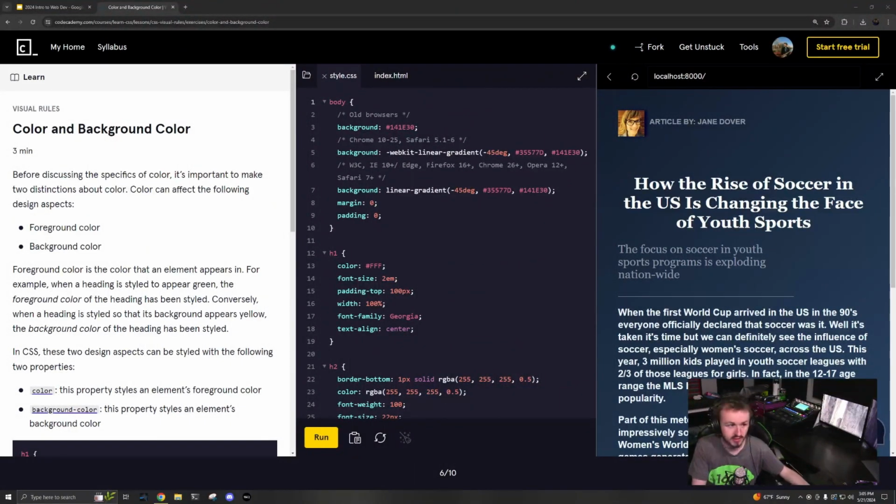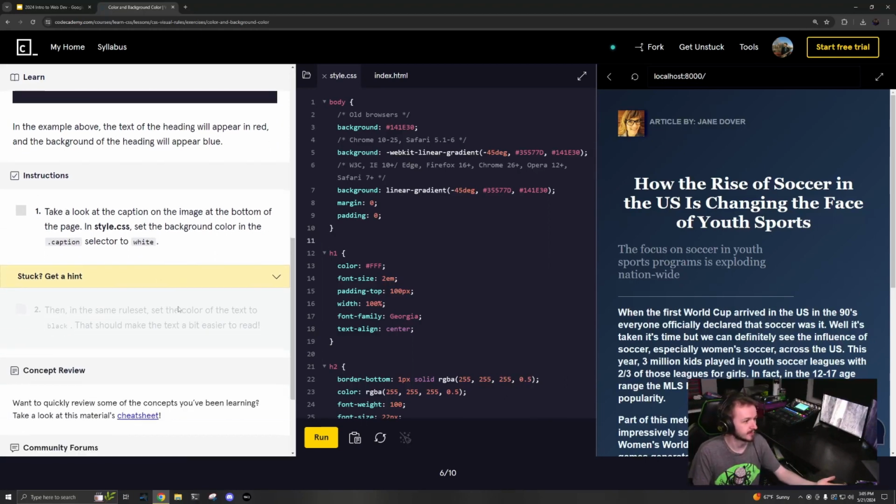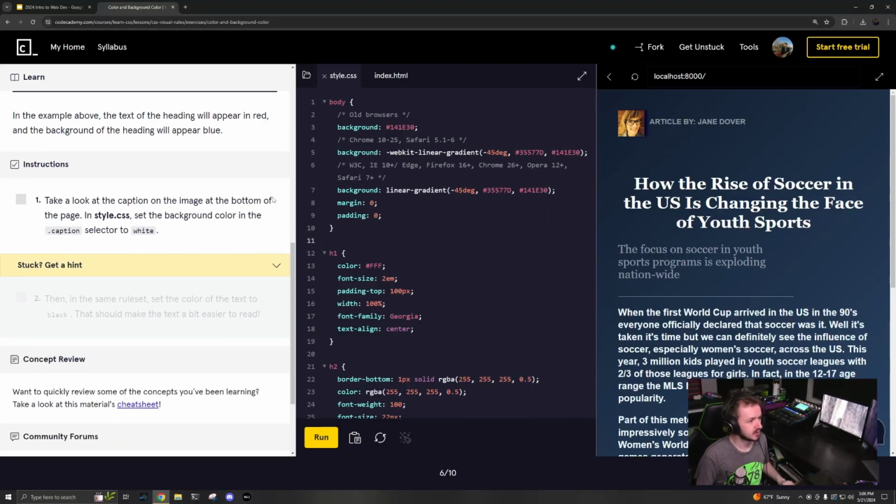Next up is text coloring and background coloring. So it's pretty self-explanatory. You've got your color, which is the text color, and then you've got background color, which is the background color. So let's take a look at the caption on the back of the style caption selected